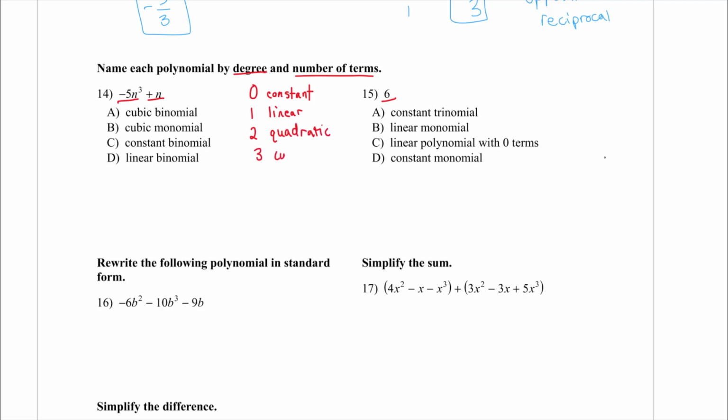3 is cubic. 4 is quartic. 5 is quintic. In my opinion, the toughest part of this is remembering quadratic and quartic, because both of those